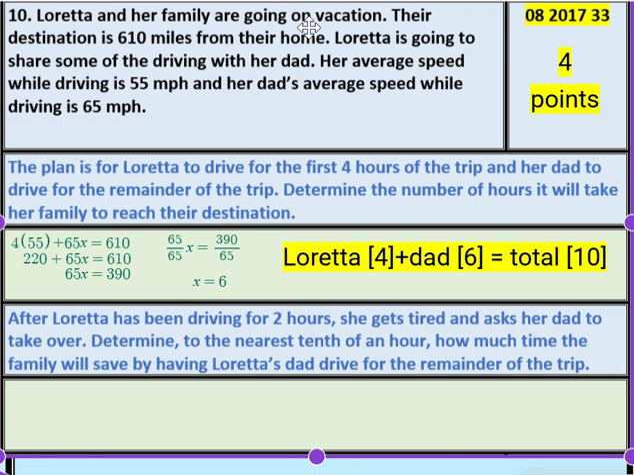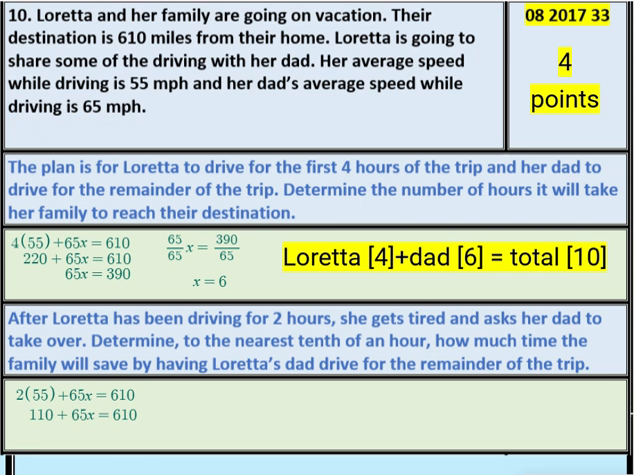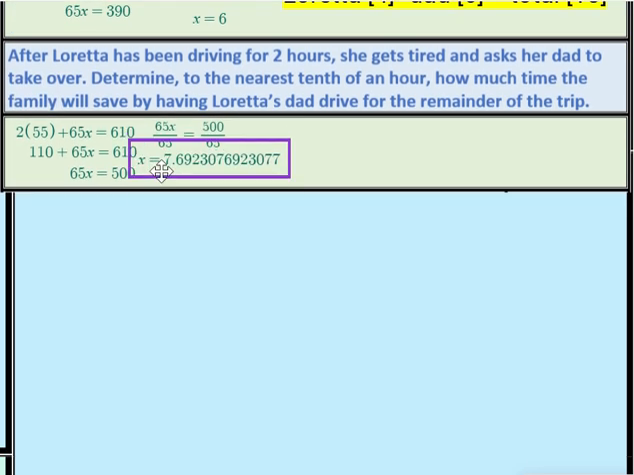So the main thing we're changing, before we had 4 times 55, now we're only going to have 2 times 55. When we distribute that 2, we're going to get 110. And to get the 65x alone, we're going to subtract 110 from each side, and we get 65x equals 500. Divide both sides by 65, and our x is this big, long, ugly decimal